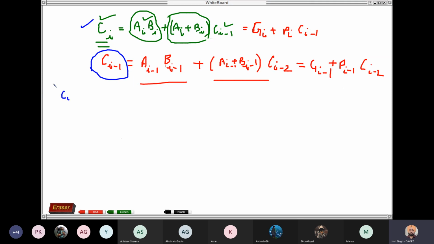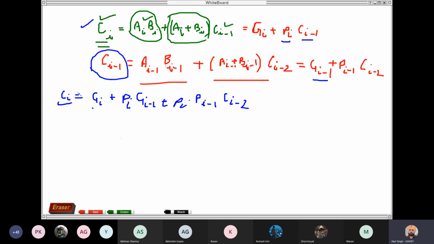Ci is equal to Gi plus Pi into Ci minus 1. Now it will be Pi into Gi minus 1 plus Pi into Pi minus 1 into Ci minus 2. Okay. Now you can see